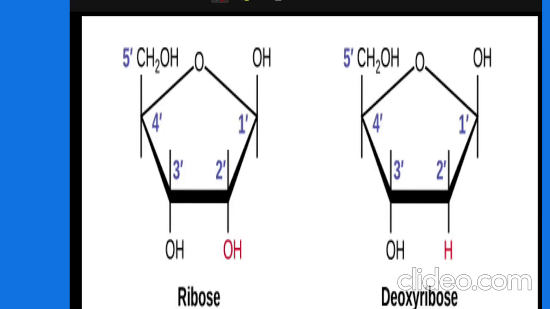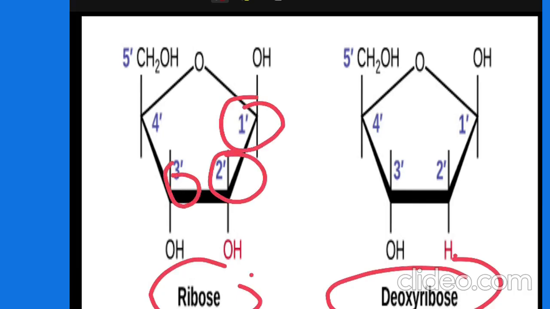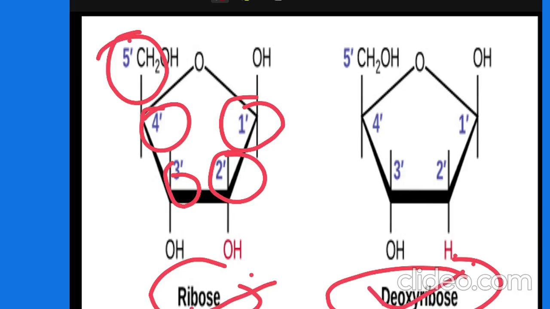so it is the ribose and it is the deoxyribose. You can see over here the number of carbon molecules: 1, 2, 3, 4 and 5. So this is the ribose and this is the deoxyribose. Coming to the next slide,